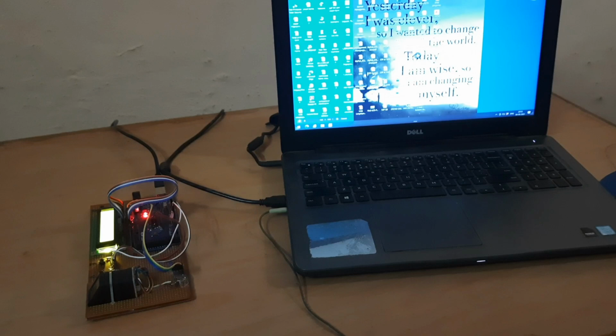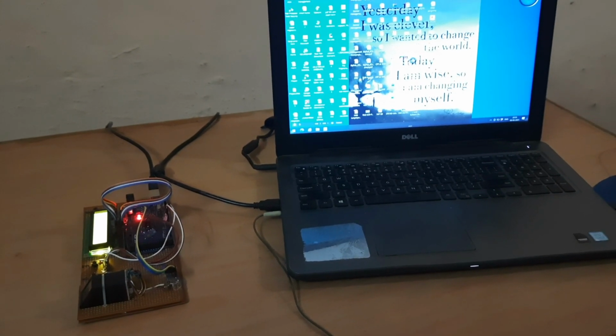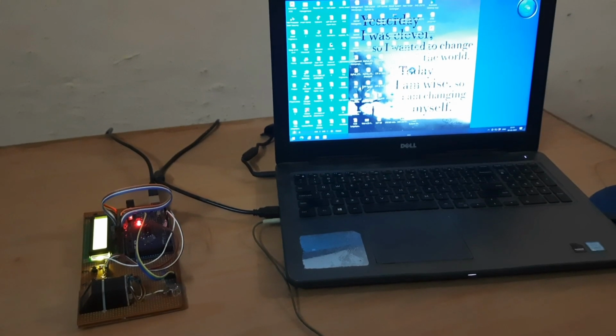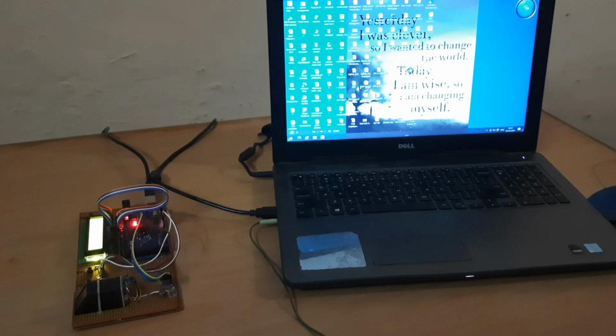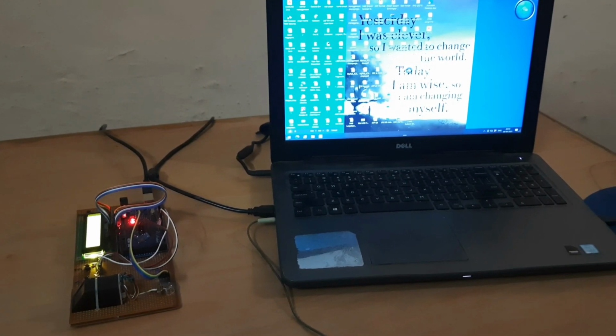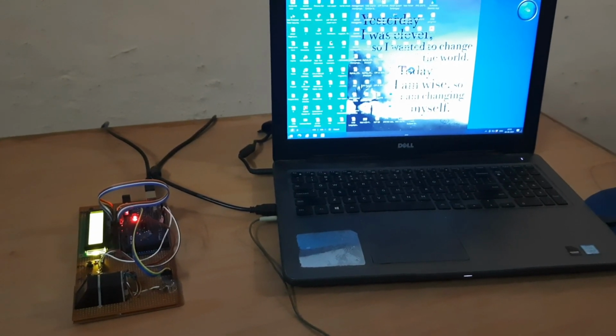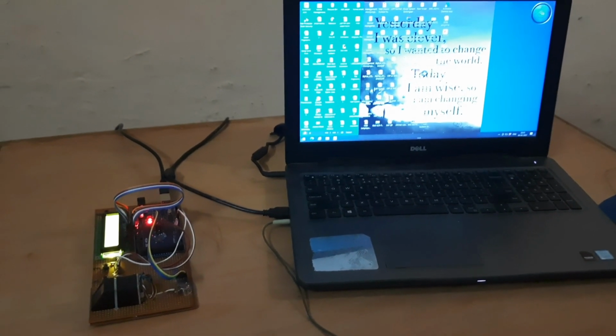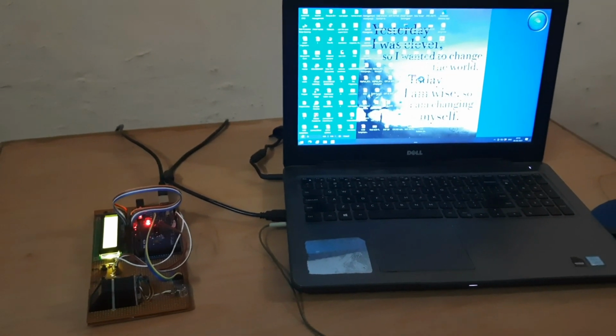Myself Shashank, I am going to explain how to enroll a candidate inside the system. For this, the first step is to plug the device. We have plugged the device, and now we will run the front end application, that is biometric attendance system application.